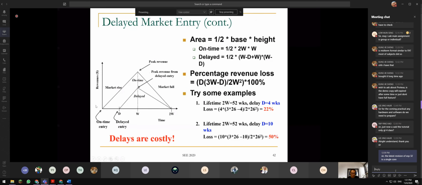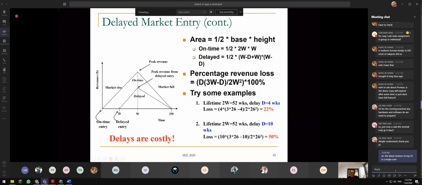So here is an example. If it is 52 weeks, and I delay 4 weeks. Let's say I predicted the COVID-19 vaccine lifetime is just until December. After December, possibly COVID-19 will disappear from this world. Example, just like SARS. SARS just disappeared, all right? Even if the vaccine is developed, it disappears.